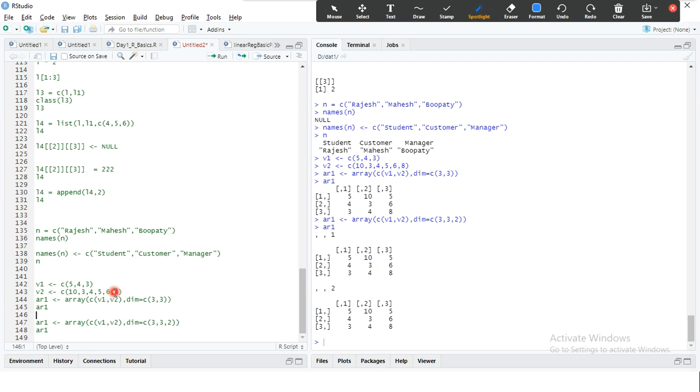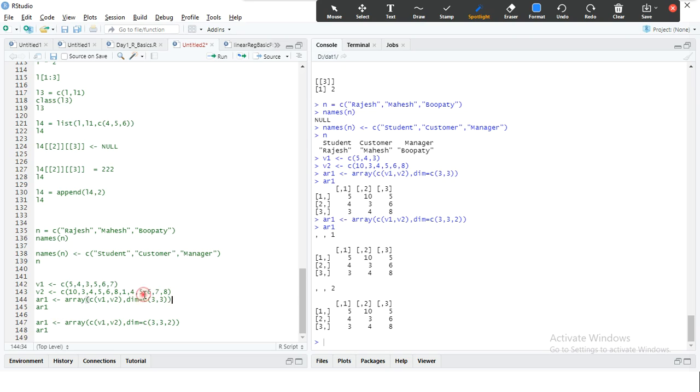Supposing I have 18 values, right? If I have 18 values, let us see what happens here.